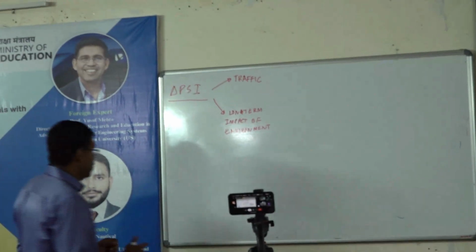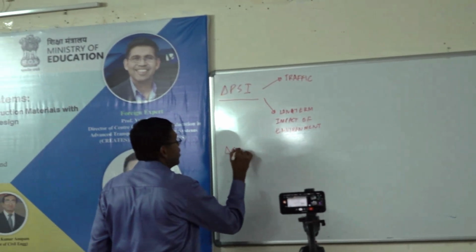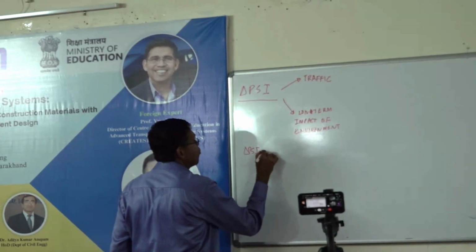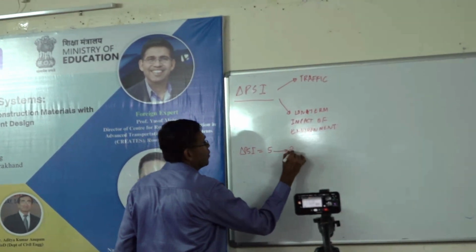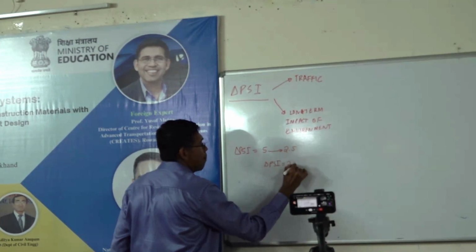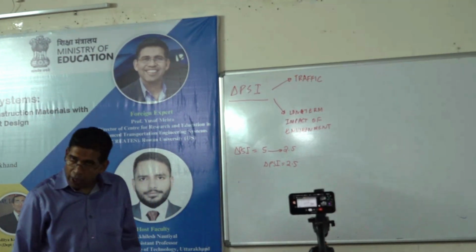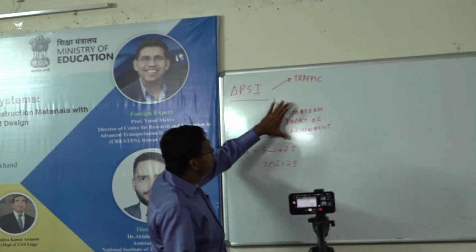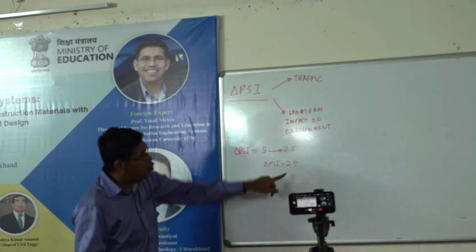So we discussed earlier that the serviceability drops from 5 to 2.5, correct? So a drop of delta PSI of 2.5, right? So what happens is that if the total drop is 2.5,